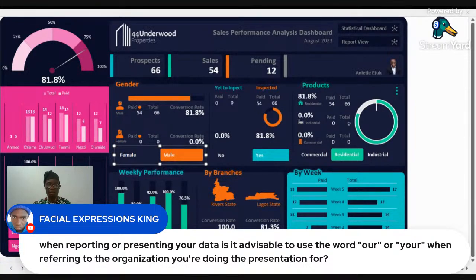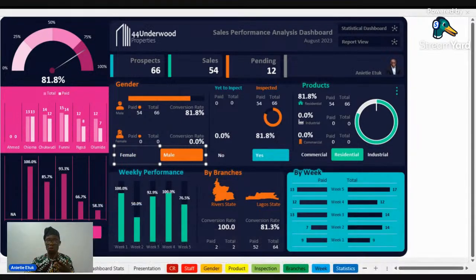Okay, now the last part of our discussion is where we talk about the skills. In this part, I want to say something: a lot of persons focus more on the tools. They talk more about the tools instead of talking about the skills. Data analytics is not about Excel or Power BI or Python or MATLAB, or SPSS. It's about the skill. It's a skill set. So please don't focus on the tools. Learn the tools. Be the best when it comes to using the tools. But you must understand that there are other things you must know as a data analyst. And these are some of the things you may not learn in school.